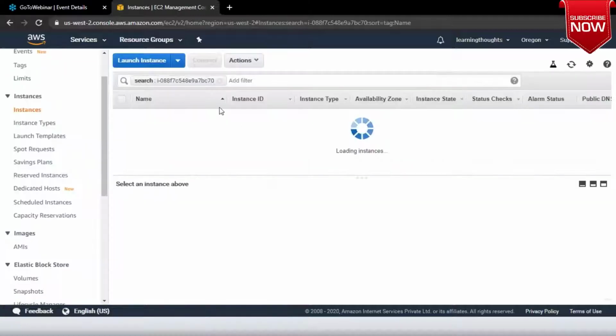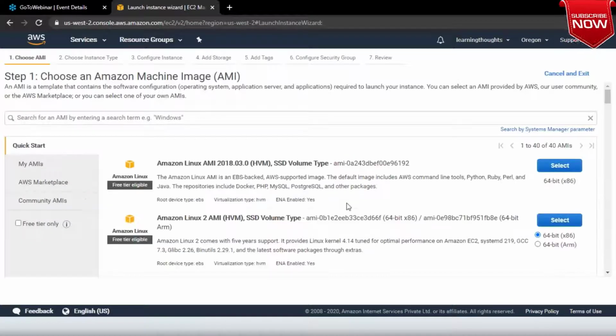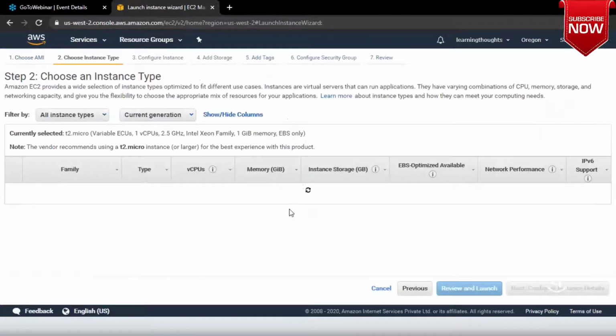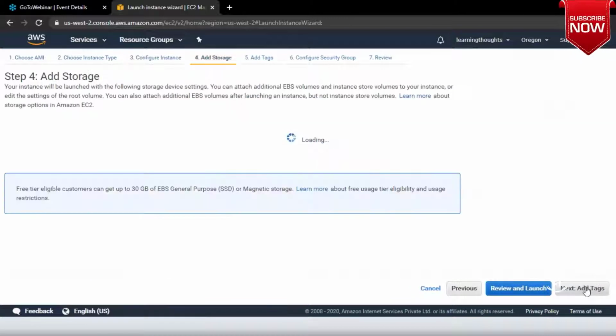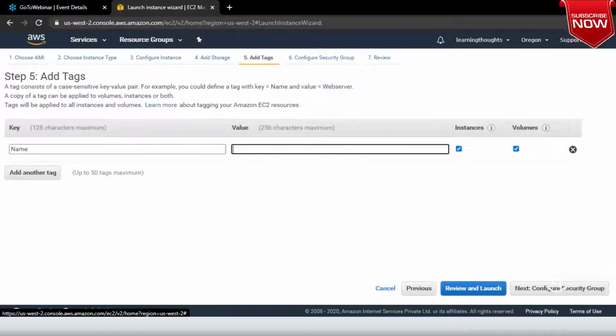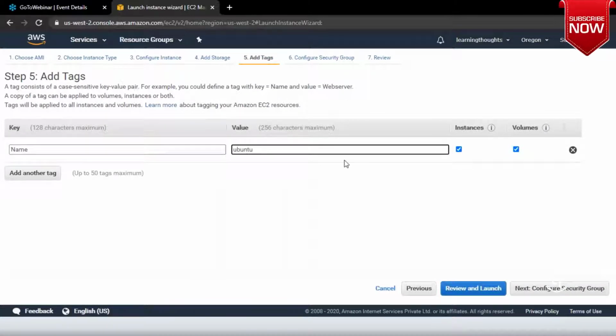While this machine is launching, let me go ahead and create one more Ubuntu instance.